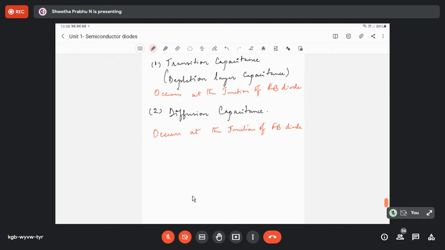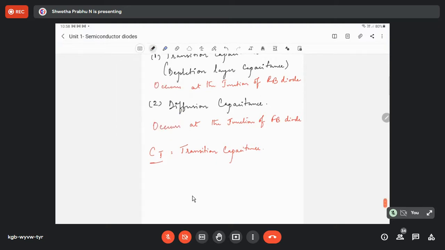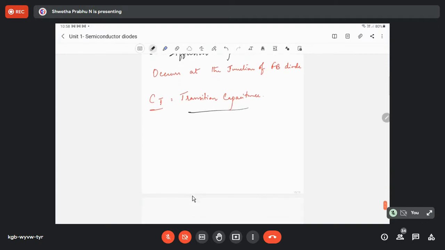First and foremost, coming to transition capacitance, represented as C with suffix T. When a diode is reverse biased, the basic idea with respect to this transition capacitance is that if I consider